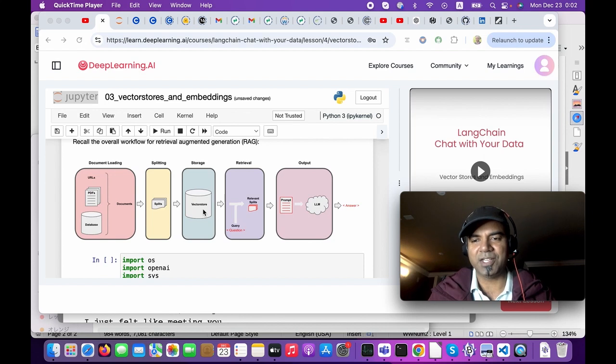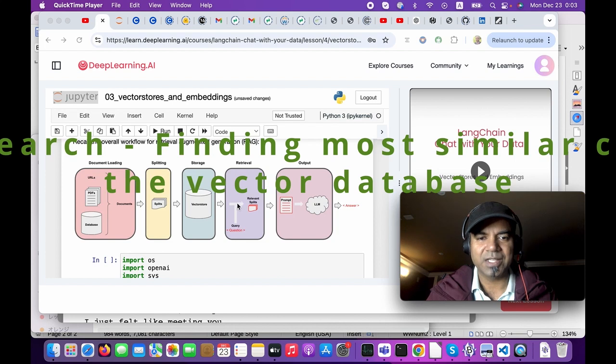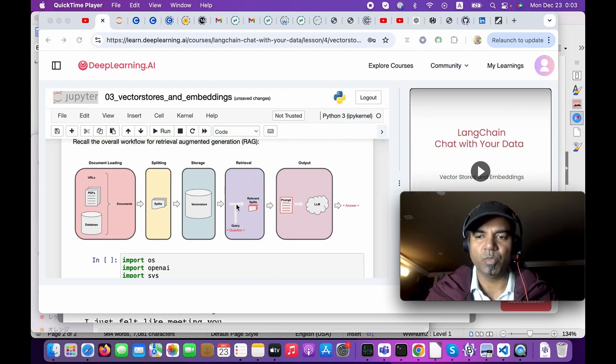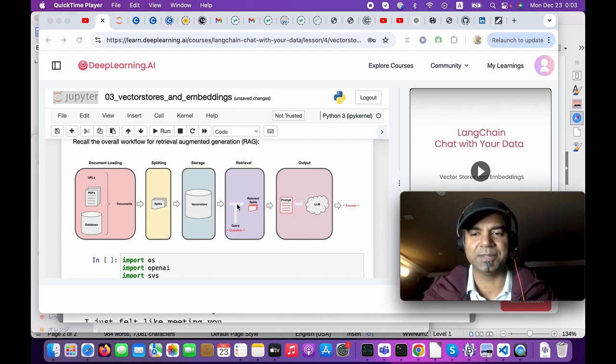And then when a user puts a query, here you see the question or query which comes from the user, there is a semantic search which happens. What is that? Based on that query we find which are the similar chunks for that query based on the embeddings, and those similar chunks come from this vector store, and are combined with the user query, the question that the user asks,